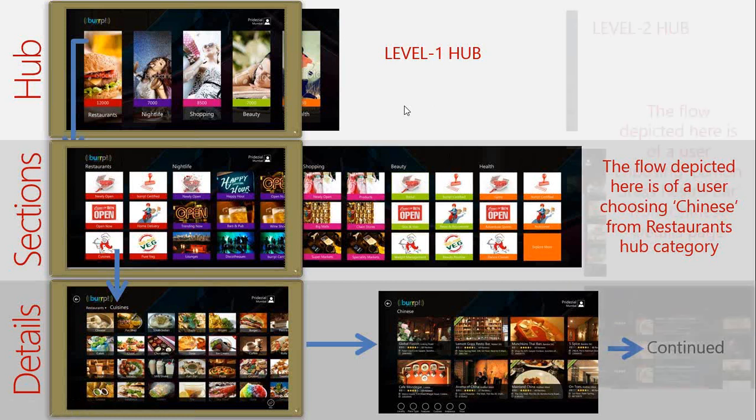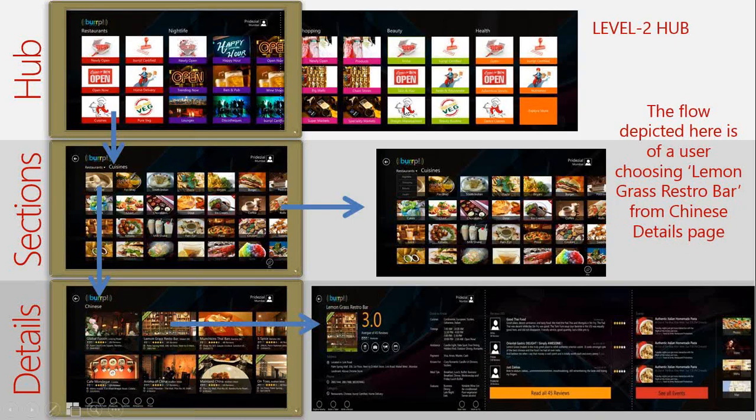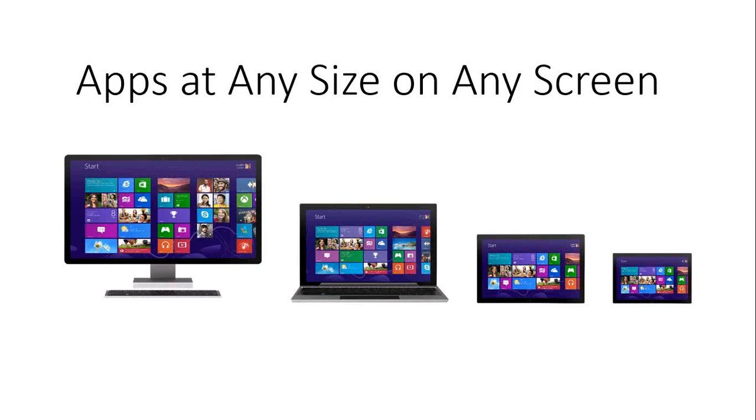Now this screen has another sort of information flow, where on the sections page they're giving a drop down menu, which is actually the same flow but they're showing it in more detail. You can either follow from hub to section to details page directly. You can go from hub to the sections and then again go to sections, change your choices, and land into the details page. So the flow of information is totally an app developer's call, how you want to place the information. But it's a good idea to always keep yourself in the shoes of the user and understand their requirements. So that was about information architecture.